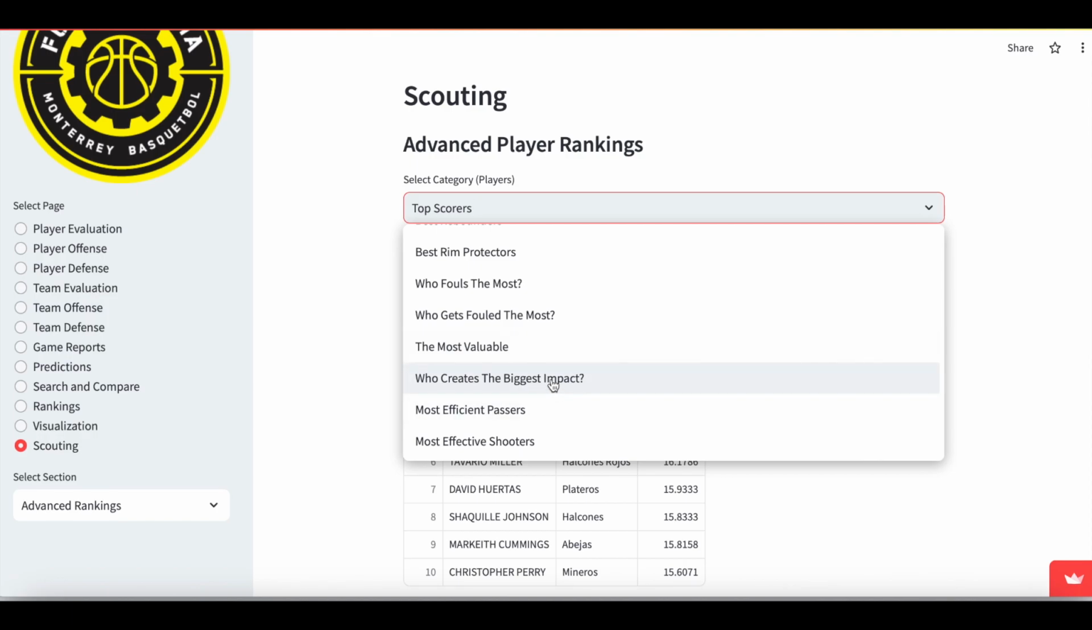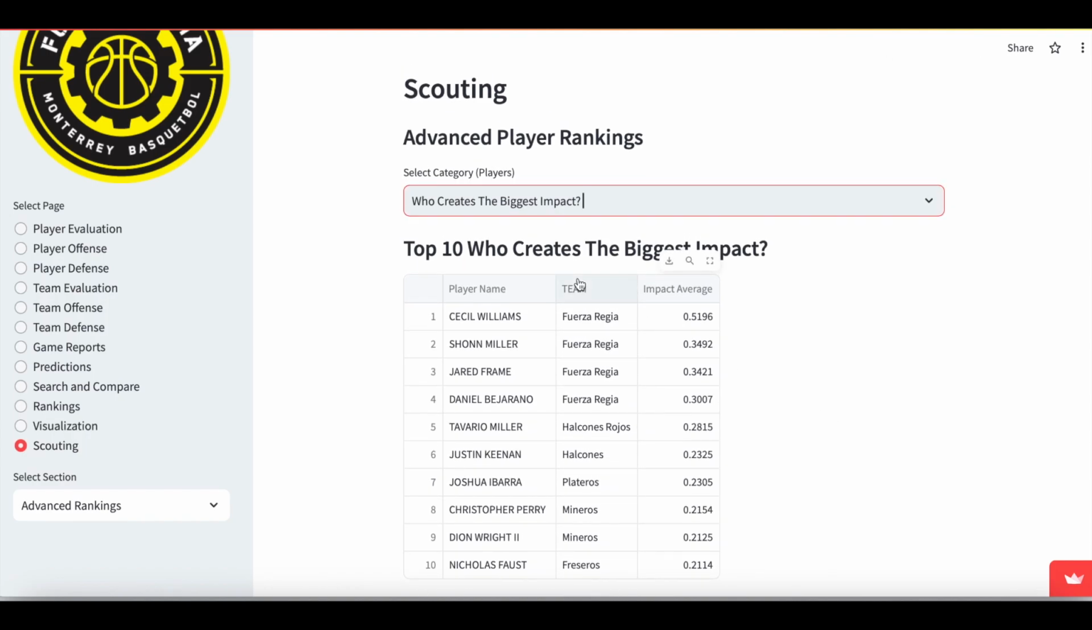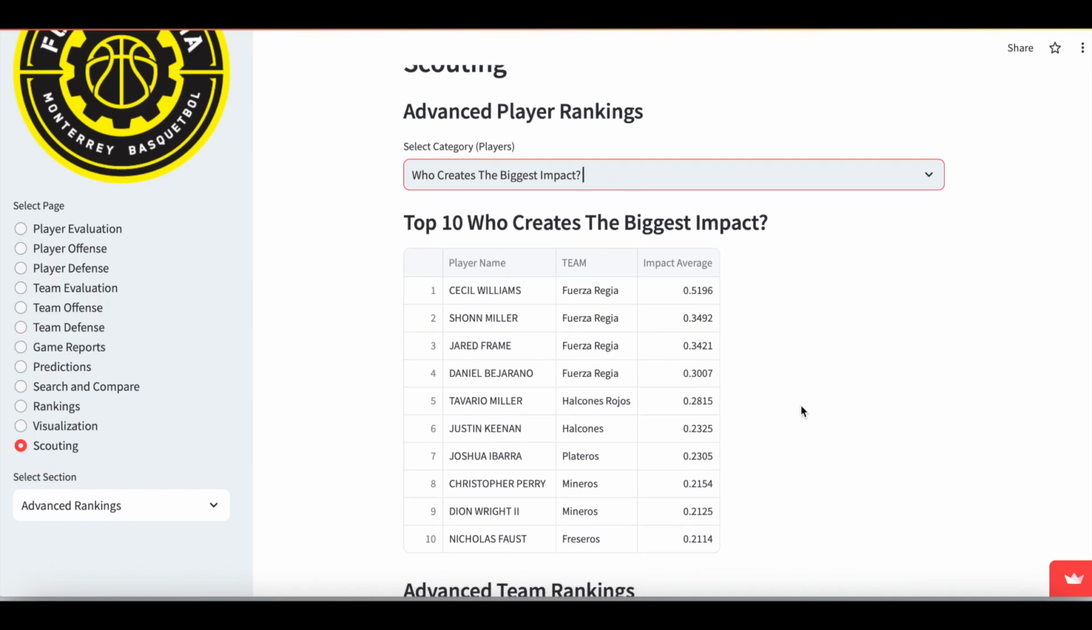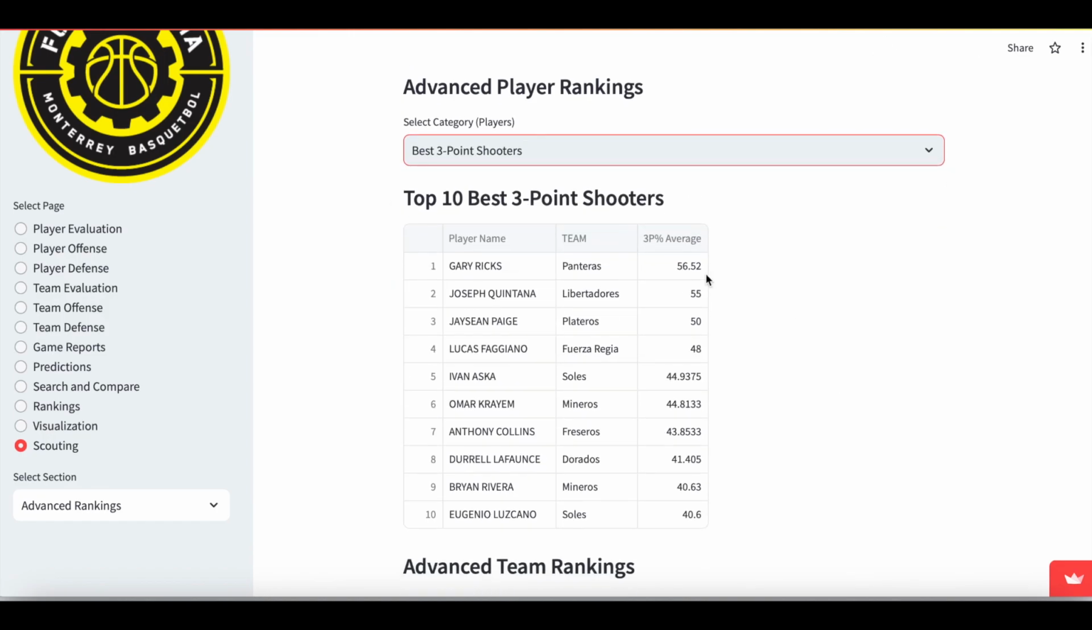Let's see who creates the biggest impact. So the top 10 players who create the biggest impact from the LNBP in Mexico are the following 10 players. As you can see, many of them play on the current champs, Fuerza Regia. And you can see the average of their impact. Or let's select best 3-point shooters. Based on their 3-point percentage average, you can see that Gary Riggs from Panteras is the number 1 best 3-point